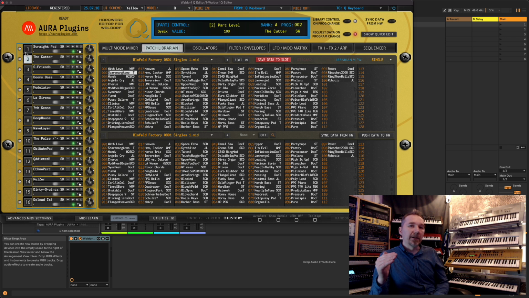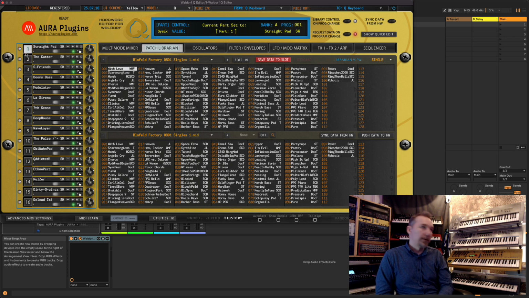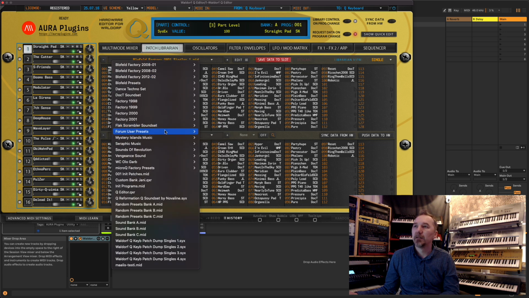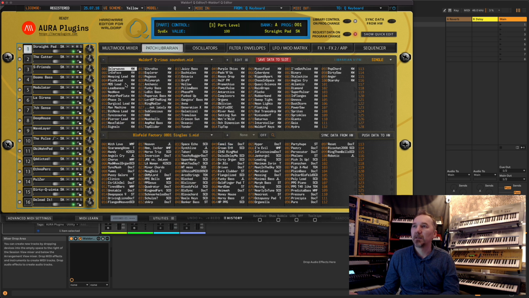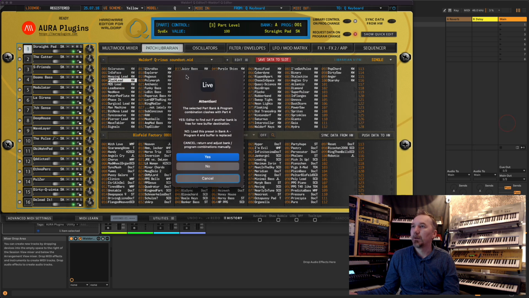Now what we've done, when you change a part on the editor, it changes parts on hardware as well. So there we go, part 1 is now active on hardware, and now we can load a program from the librarian. Let's say we take a Seraphic Music plug lead, and there we have the warning saying that